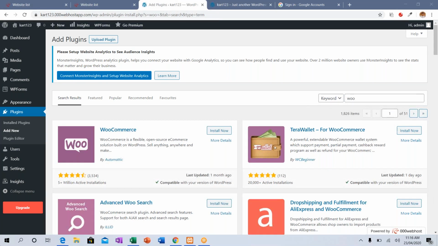This is used to create the necessary pages and it is used to give a payment gateway for us. After we sell a product and the product is sitting in the cart, how we want to get the payment from the customer, that particular mode will be set by using WooCommerce. It also gives the necessary pages which are needed for our e-commerce site. Just give install now.